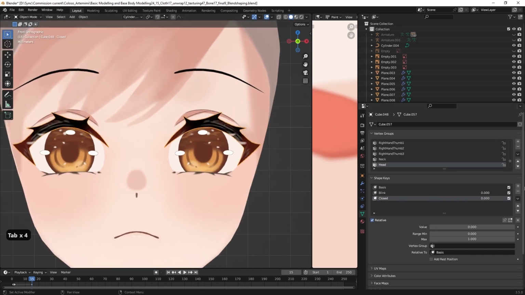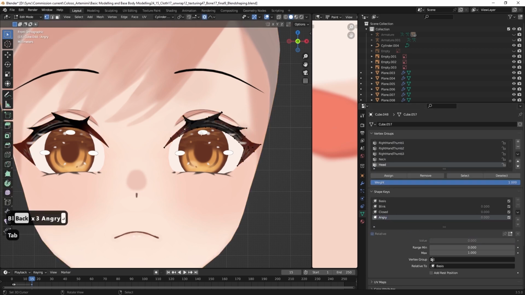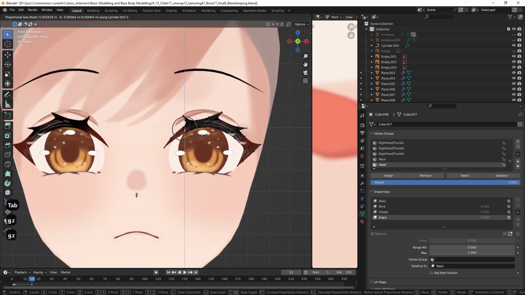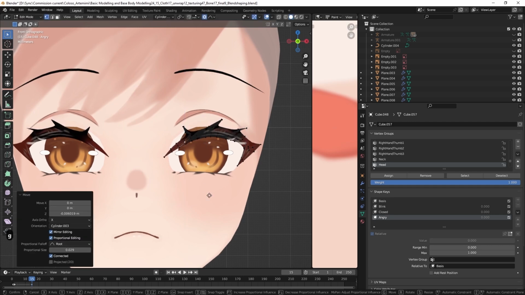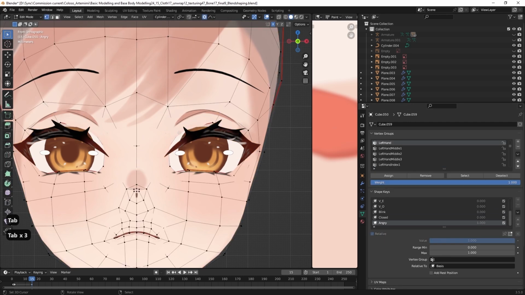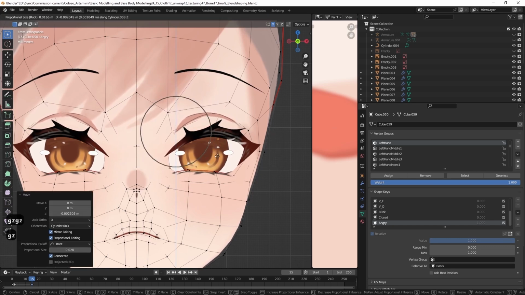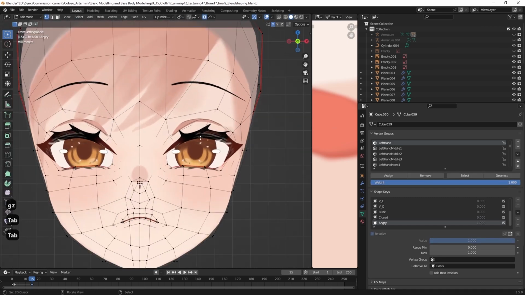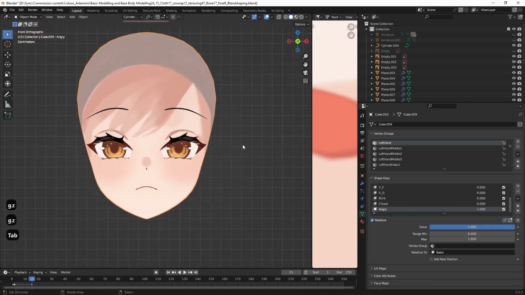So the next thing that we're gonna do is create some blend shape here, call it angry, and then here as well. We're gonna make the eyelids a little bit down here and angry like this. Okay, so pull it out, and then we're gonna make it 1, and then we're gonna pull this down as well. All right, so it will be like angry eyes. Okay, like this, and then we can pull this down a little bit, and then move it up a little bit like this.